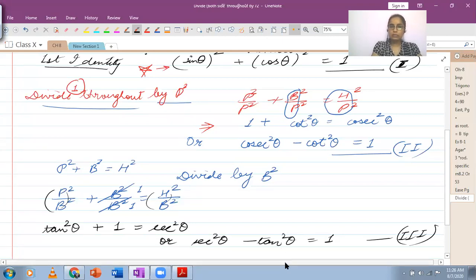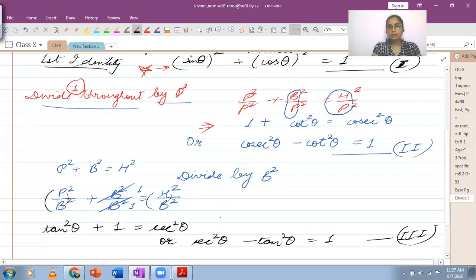Just like in the first exercise, I told you that the ratios should be by heart. If I say sine, you should know it's p by h. If I say cos, you should know it's b by h. So if I take any ratio, you should have it in your mind. आपके mind में immediately आ जाना चाहिए कि मैम जिस रेशो की बात कर रहे हैं मुझे उसमें कौन कौन सी साइड्स को यूज करना है.